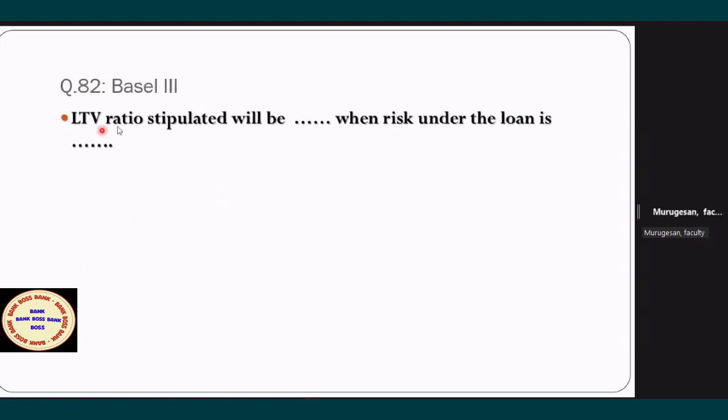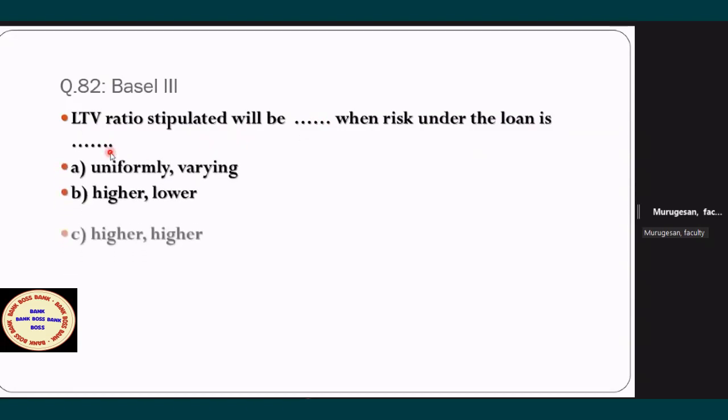Now question number 82 is an interesting question. Look at the question. LTV, loan to value, stipulated will be dash when the risk under the loan is dash. 2 blanks you have to fill up. So which blank will be better? LTV stipulated will be